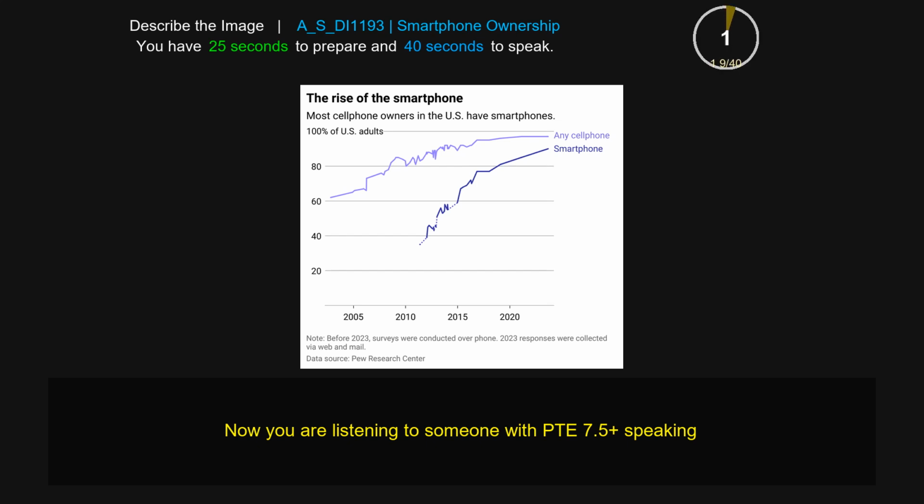The image provided is a line graph comparison of the rise of the smartphone. It also provides information in different comparison, like a purple color for any cell phone and the smartphone with the blue color, from 2005 till 2020. For any cell phone, the number has risen to 86% in the year 2020. The lowest number in 2005 was recorded as 60. For the smartphone, the gradual rise comes to 84%. After analyzing this graph, it can be concluded that there is an increasing trend in the rise of the smartphone.